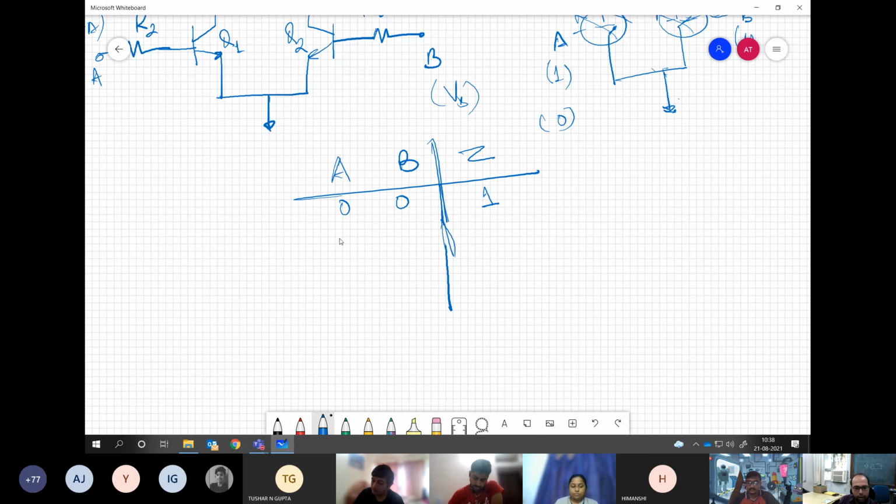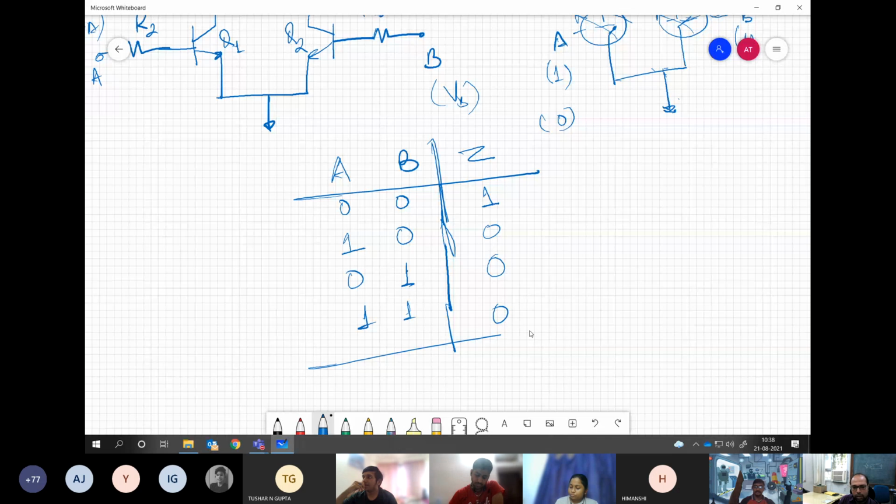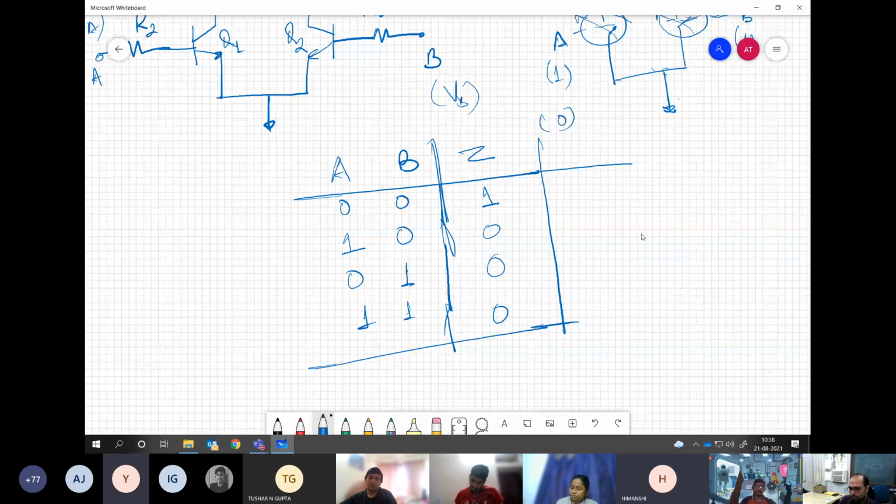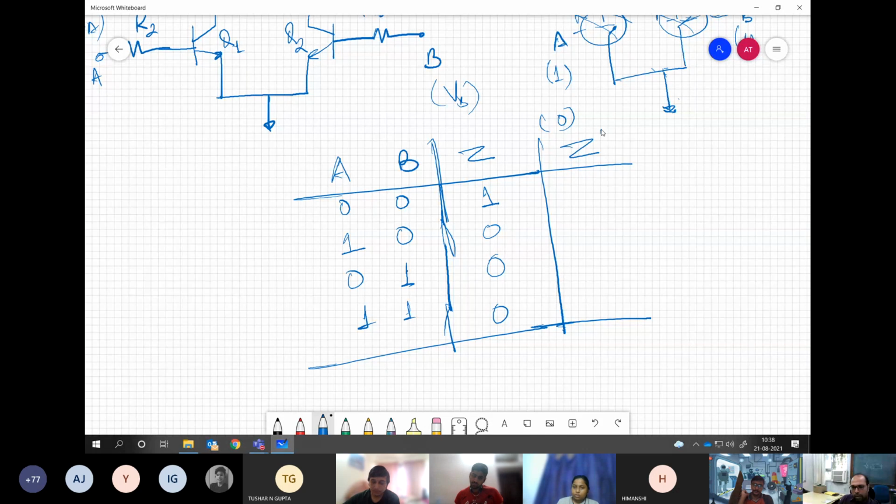And whenever you give any input, either 1 0 or 0 1 or 1 1, this output will be 0. Understanding my point? So which gate is this? Can you relate with any gate which you know? NOR. If you write the inverted Z of this logic, it will be 0 1 1 1. So your Z inverted is